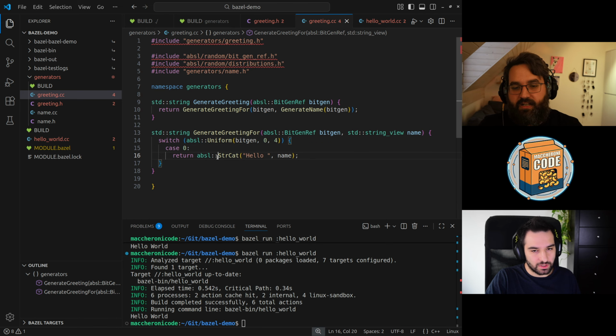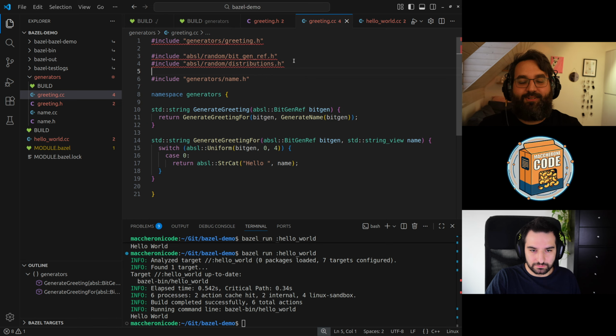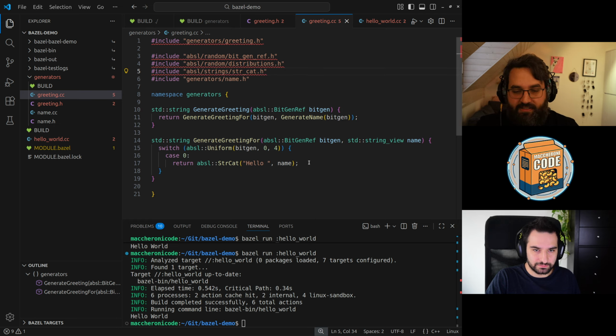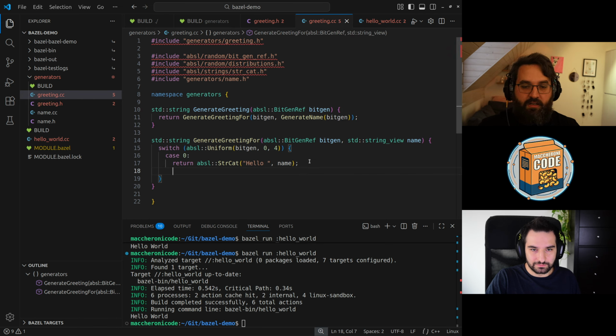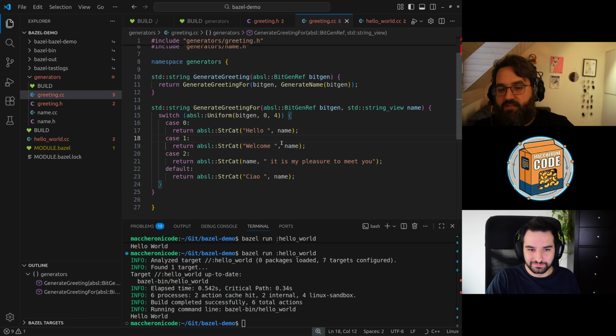I'm using StrCat, which comes from another Abseil library called Strings, which has utilities that make it easy. Case 0 is hello name. Then we can add some other cases: one case is welcome name, another case is name, it is my pleasure, and so on and so forth. And my favorite, ciao.